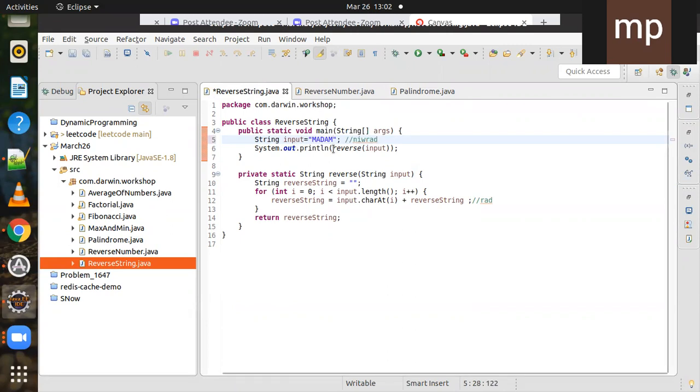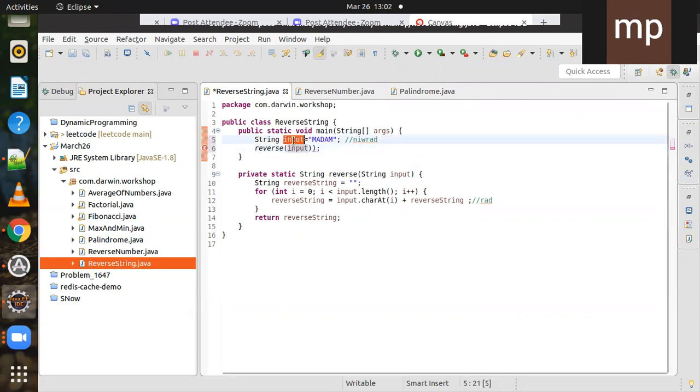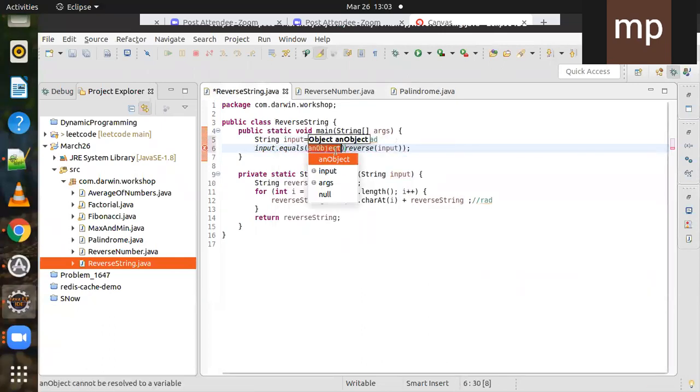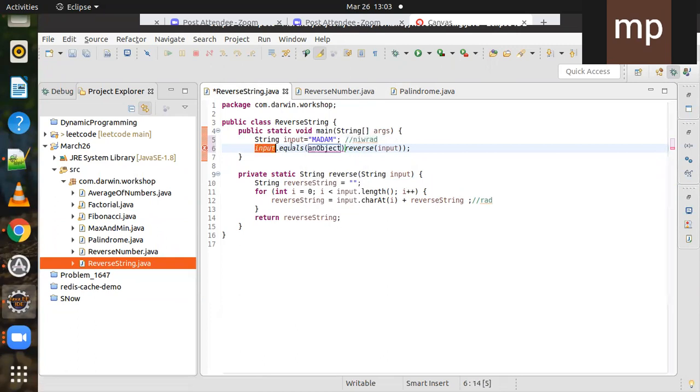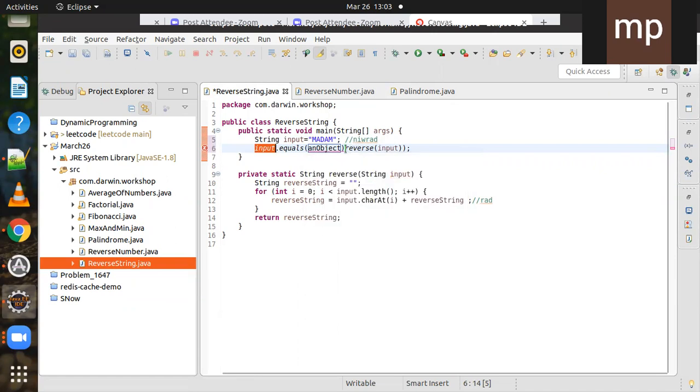What we'll do here is compare the actual input with the reversed input. The input dot equals method in a string compares one string with another string and returns true or false if the strings are equal, right? So what I am doing here is I am giving the input